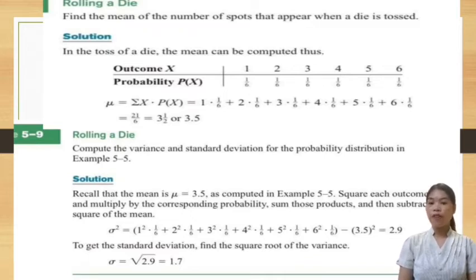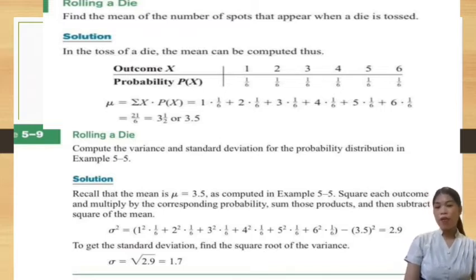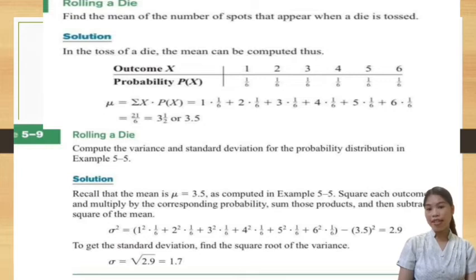So, compute the variance and standard deviation of a probability distribution in example 5.5. So, recall that the mean is 3.5 as computed in example 5.5. So, now, let's get the variance. So, the way to get the variance is the summation of x squared times p of x